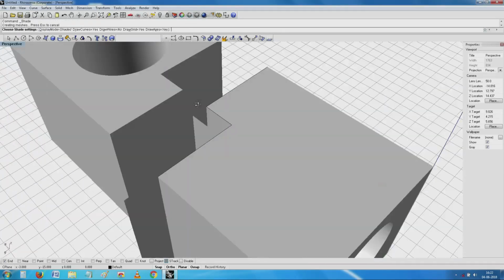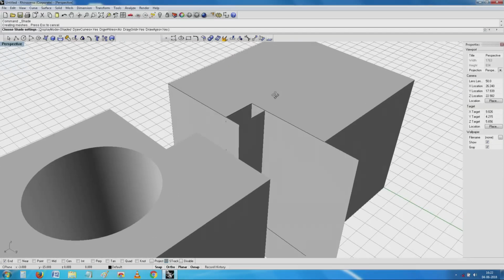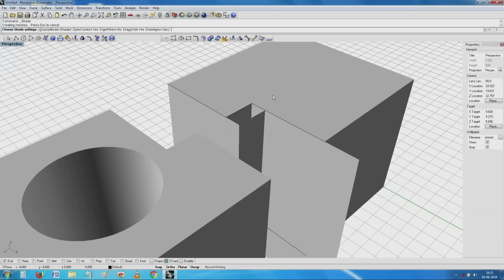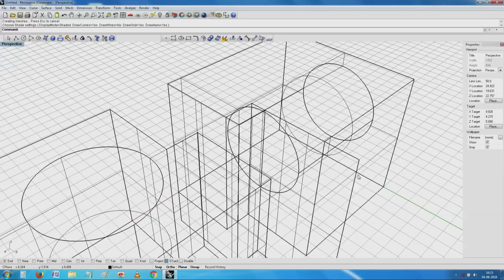See, there is a small error, I will try to correct the error. Thing being, it is very much possible for me to